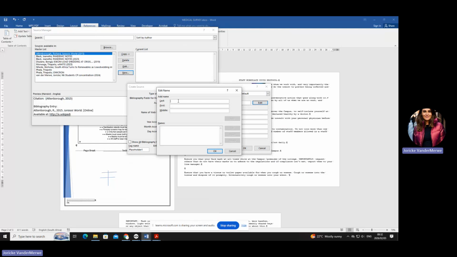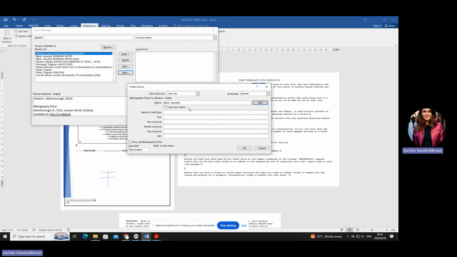Then you don't have to worry about commas and whatsoever. Okay? So what is the author's last name, do you think? Surely you can see it's Black. And her first name is Jeanette. She does not have a middle name. And you have to press add, please. And then you're going to say, okay. Are you with me? Can you see all the commas and everything was there?